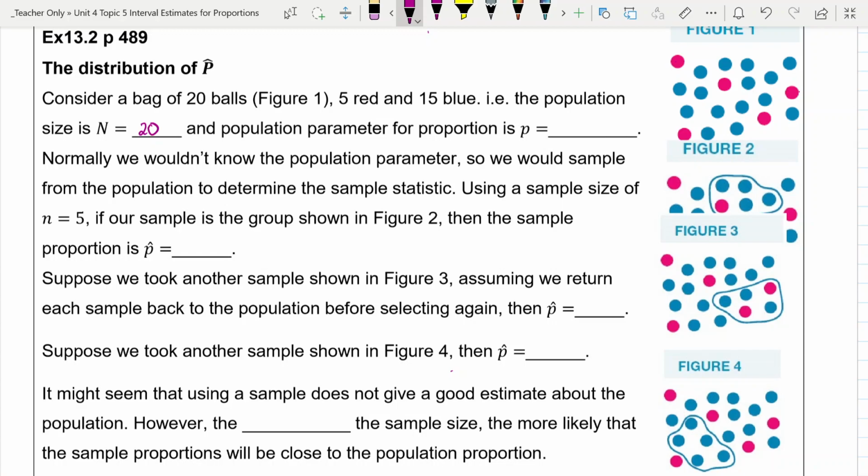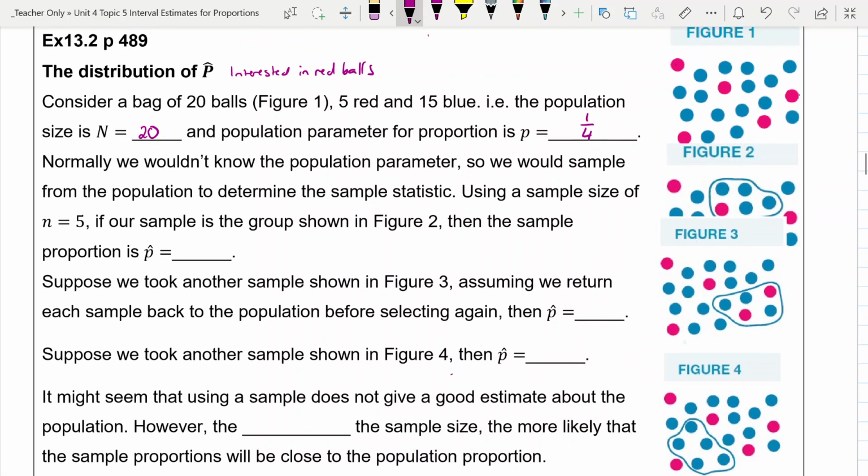Now we're interested in the red balls, okay? That means that our population parameter for the proportion is p, and that's a quarter. So we have 5 red balls, so 5 over 20 is a quarter. Normally we wouldn't know the population parameter, so we would have to sample from our population to determine the